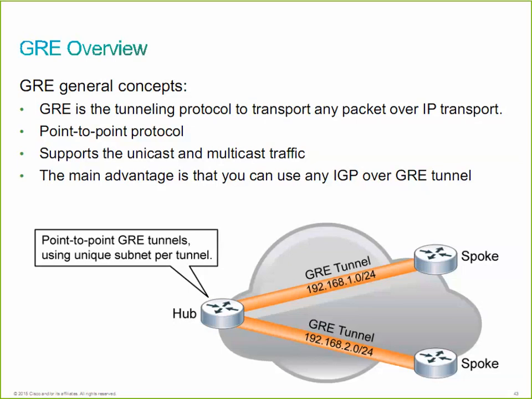The main advantage of using a GRE tunnel is that it can actually transport protocols that normally wouldn't be passed over the network, right? And that's great, because we're talking about the internet. Ultimately, that's what we're talking about. Well, we know that multicast traffic doesn't get routed over the internet. But if we establish a GRE tunnel, we'll be able to pass that traffic between two sites, even if it's